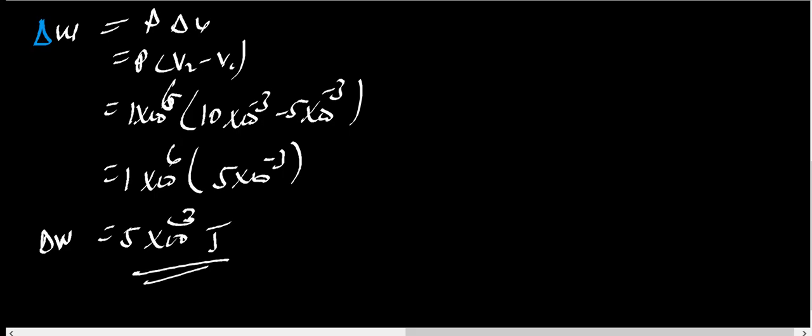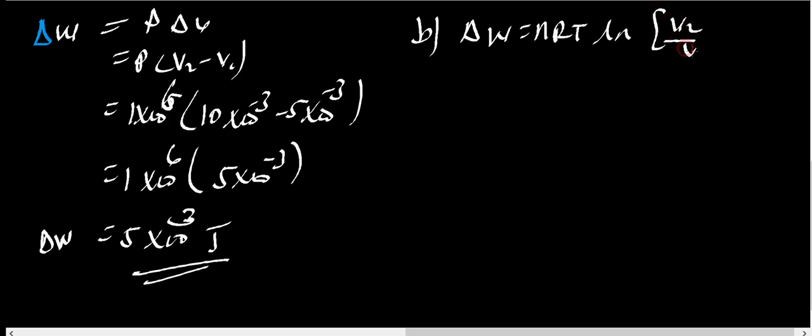This is for what? Isobaric line for isobaric. Okay, B for isothermal. For isothermal, work done is equal to nRT ln of what? V2 over V1. This is equal to n is 2 mole times 8.31, temperature 300, ln of V2